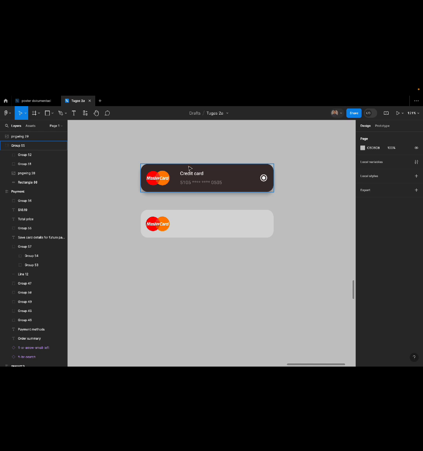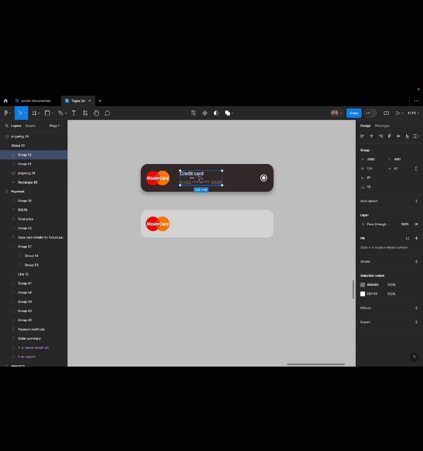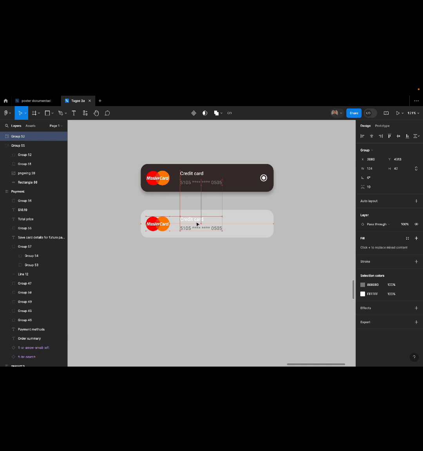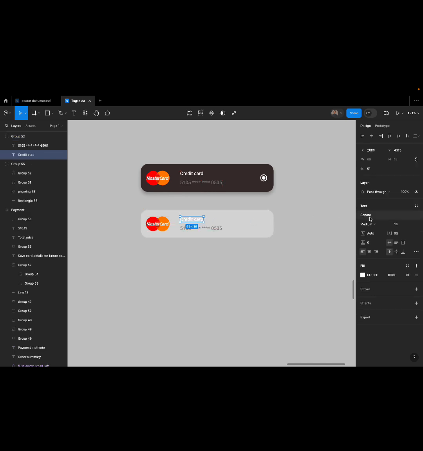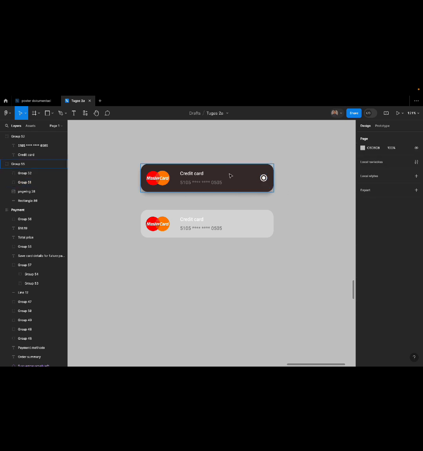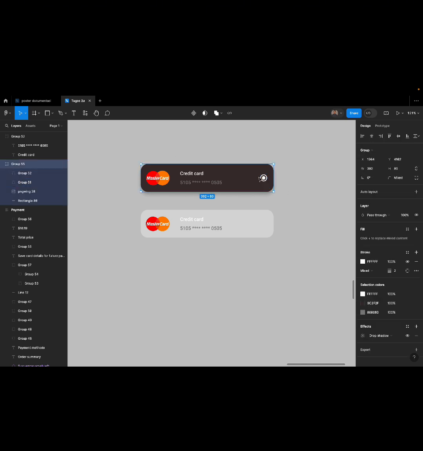after that create some text with the style Roboto, type medium and 14, and these two are Roboto medium 14 with different colors. And how can we make this one?